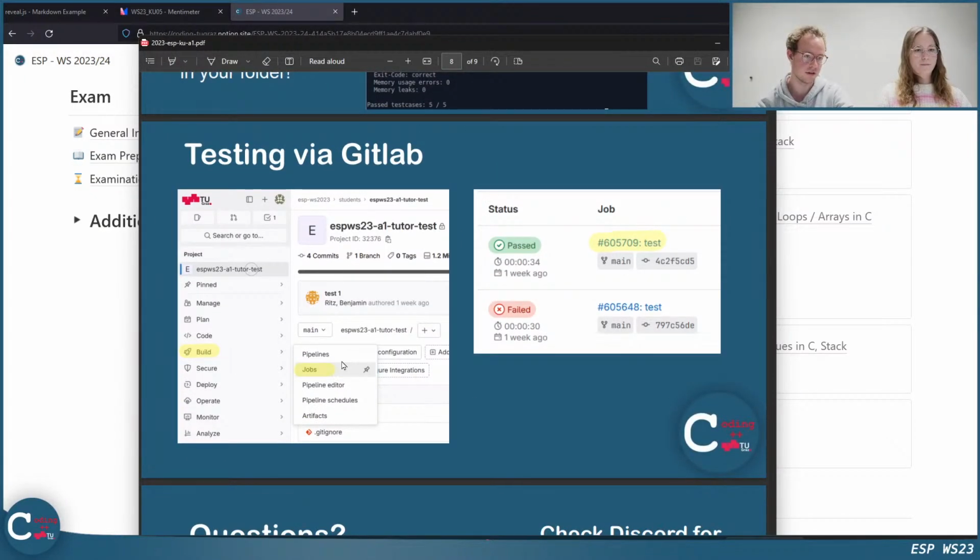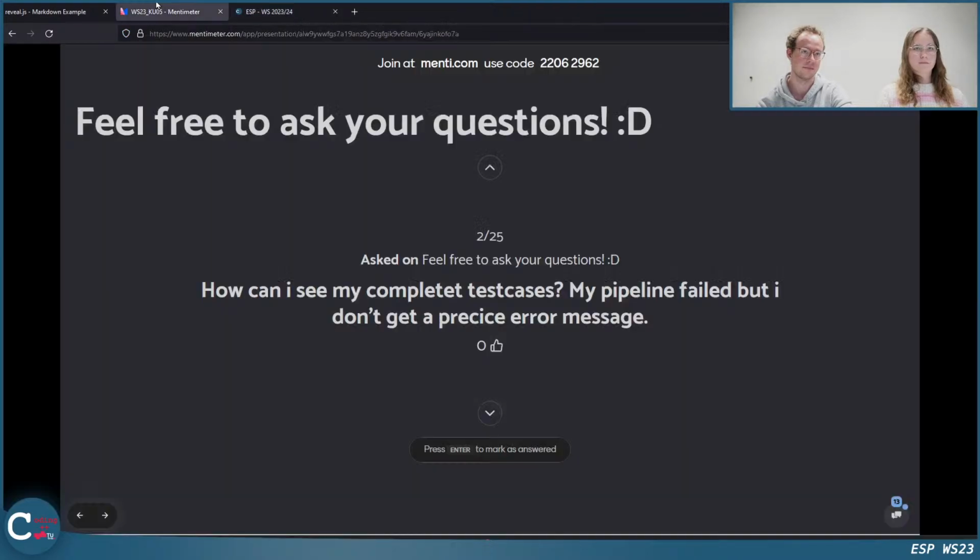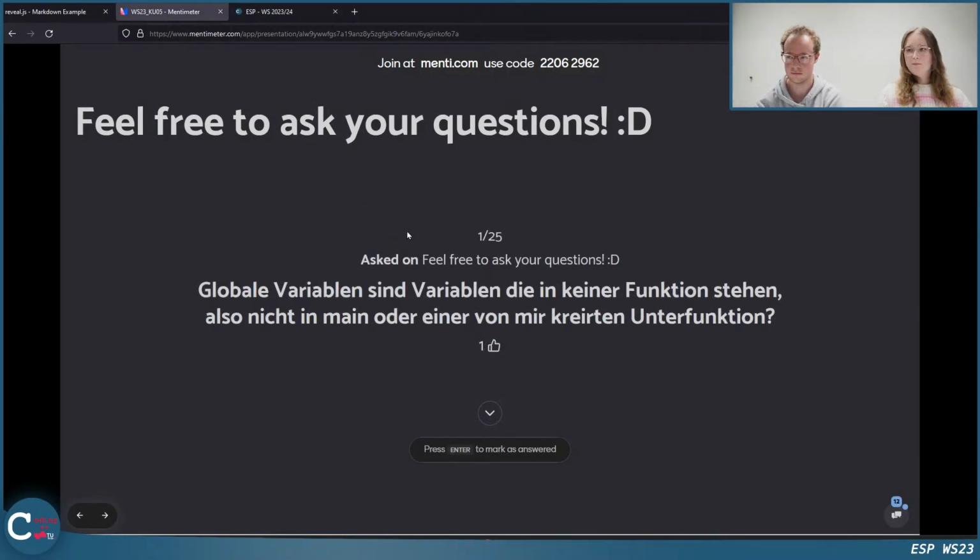So basically you just go to the build jobs and then you see this, and when you click on passed or failed, you also get the overview on the right side of what happened, and then you have this folder that you can download, what you mentioned. And you only see this for public test cases. For the private test cases, you don't see what the difference is, you only see whether they passed or not. Of course.